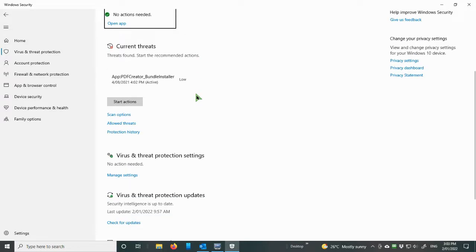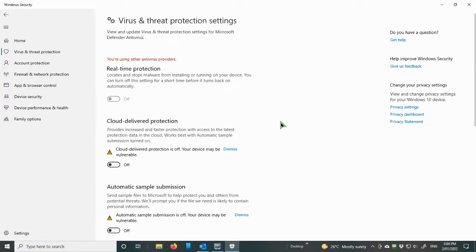What we need to do now is just scroll down to Virus and Threat Protection Settings and go to Manage Settings. And then we need to make sure that real-time protection is off. Unfortunately, with Windows Defender, if real-time protection is on, then it ignores the exclusions. I find this to be a little bit annoying, but nevertheless, it is a requirement for Windows Defender. And for that reason, I don't recommend it. Going down to